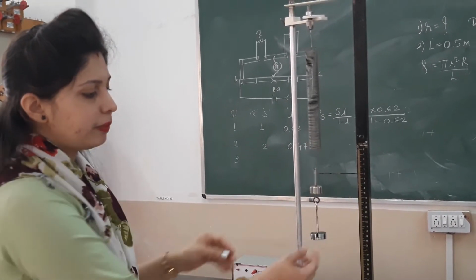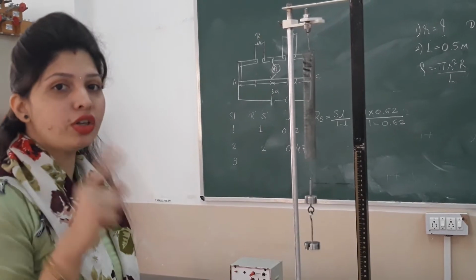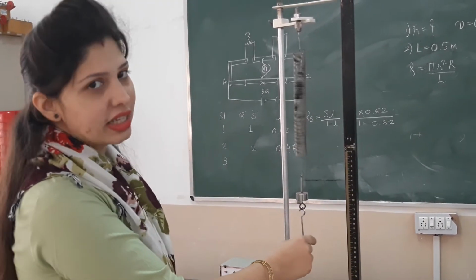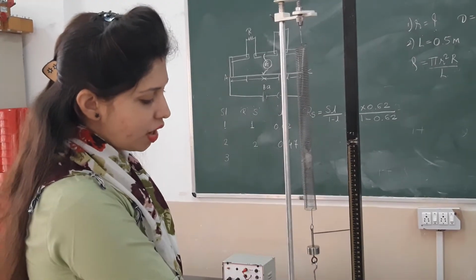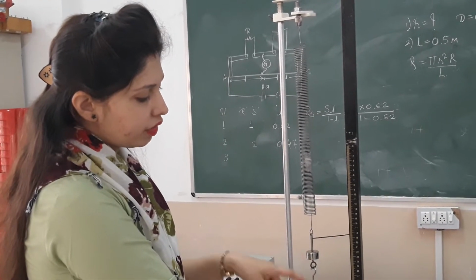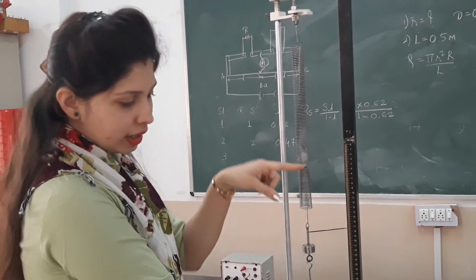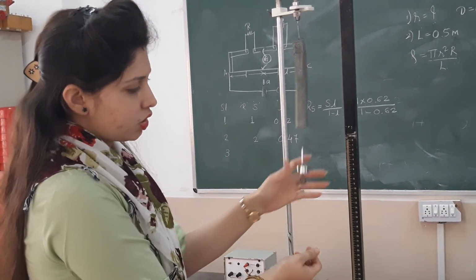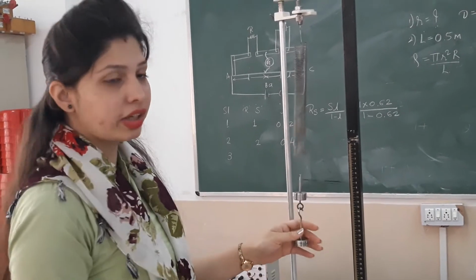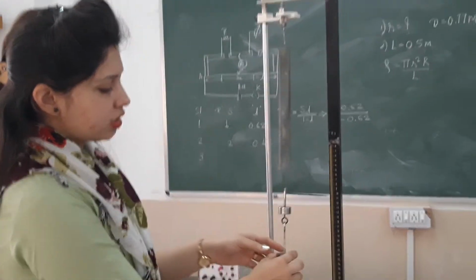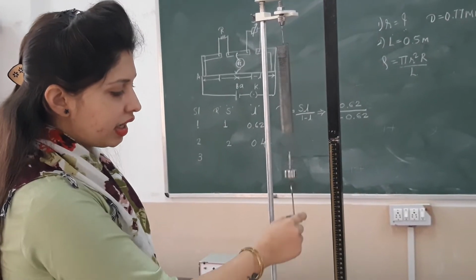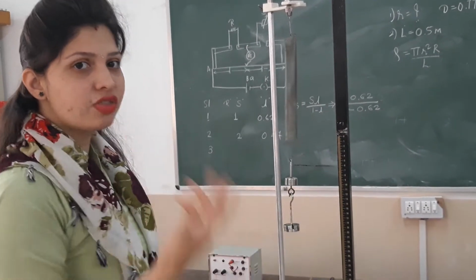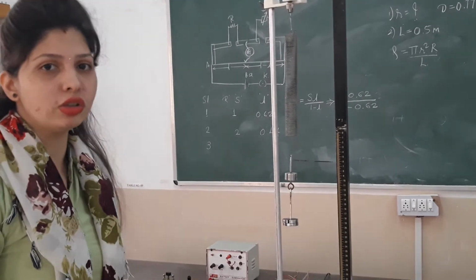So, what is the meaning of one oscillation here? It is nothing but we are going to pull this down. If I pull this down, then from here when I release, it will go up, it will come back. See? 1, 2. So, like this counting should be done. You just pull this, I will leave, it will go here, it will come back. One oscillation. Like this 20 oscillations we are going to count.